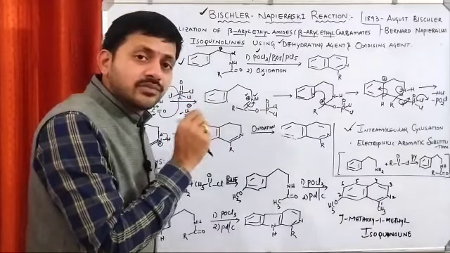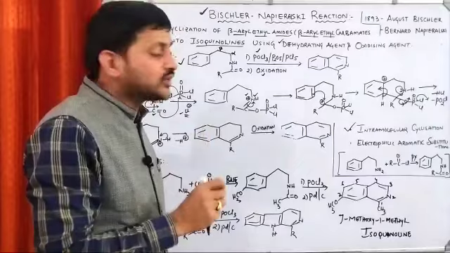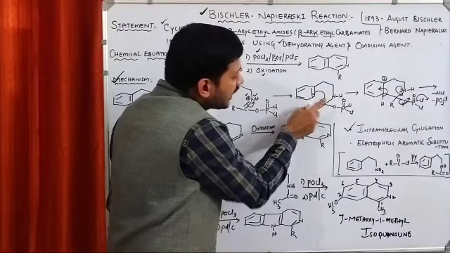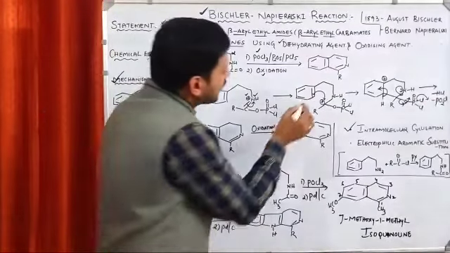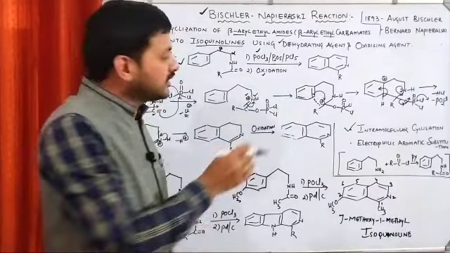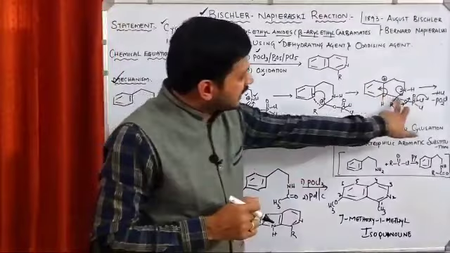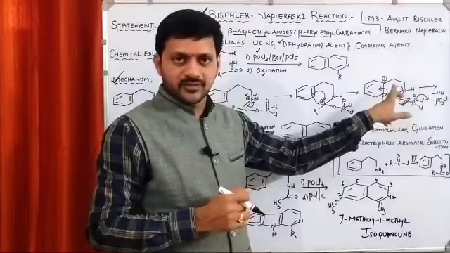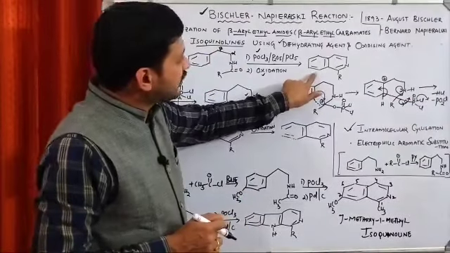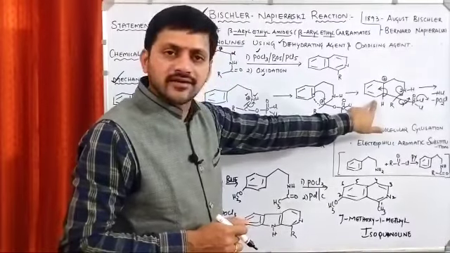This reaction is an example of what? Intramolecular cyclization, or not? Because of that reason, we are transferring these pi bonding electrons towards the electron deficient center. Thereby what happens? A carbon-carbon bond will be formed between the ring carbon and the carbocation. See this one? The cyclization takes place, or not? So finally we are coming up with two rings, or not? If you see the final moiety, it contains two rings.